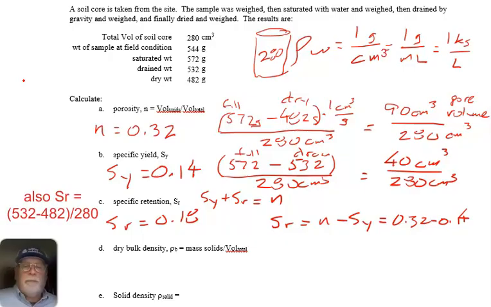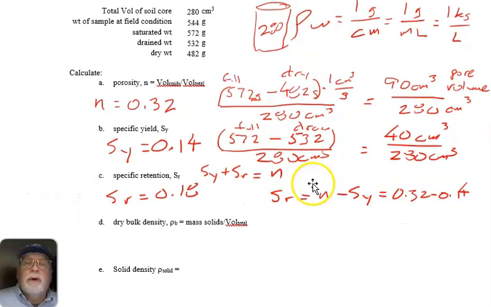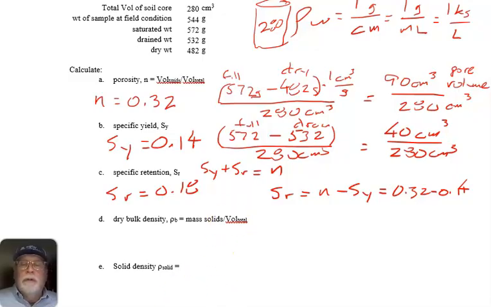Yeah, okay. The bulk density, also known as the dry bulk density, is the mass of solids divided by the total volume. So I have the dry weight is 482, and we're talking about the weight of the soil. So if this isn't some type of core or canister or something, we subtract that weight off. It's 482. That's the mass of solids, right? Because there's no water in it. So all there is, is solids. So that's the mass of the solids. That divided by the 280